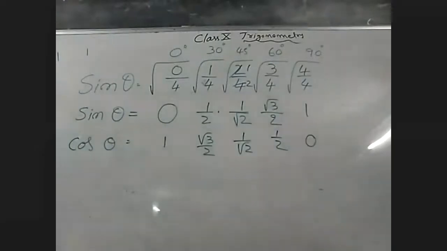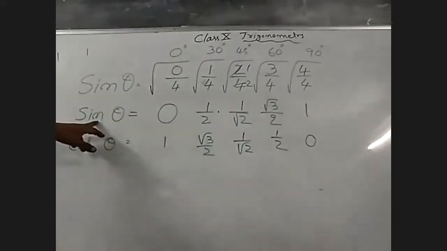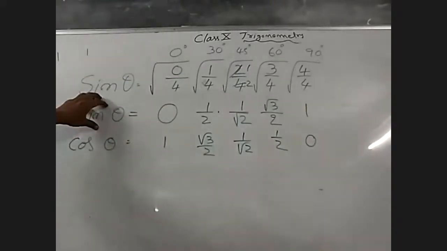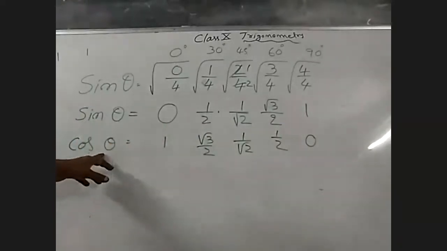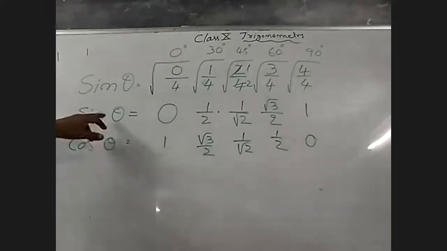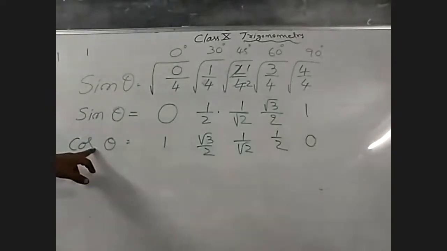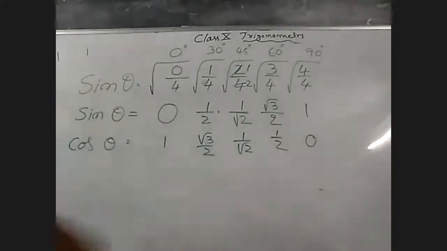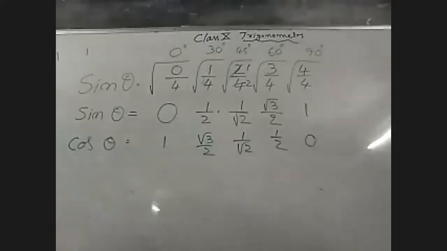So like this, when you have forgotten the values of trigonometry, you have to find them like this. If you find only the values of sine, when you reverse it, you will get the values of cos ratio also. By using sin theta by cos theta, you will get tan theta. By taking reciprocal of sin theta, you will get cosecant theta. By taking reciprocal of cos theta, you will get secant theta. By taking reciprocal of tan theta, you will get cot theta. So we will write in the next step.